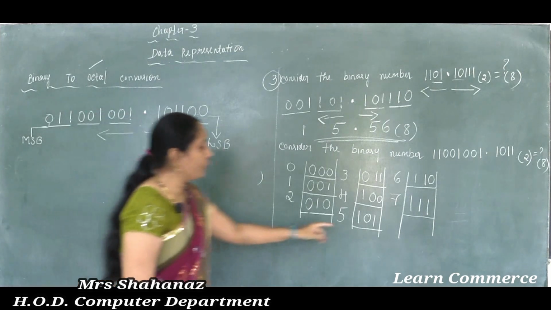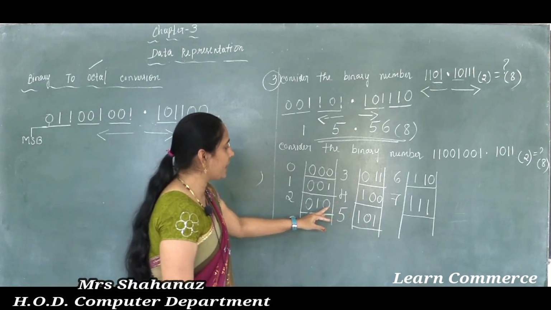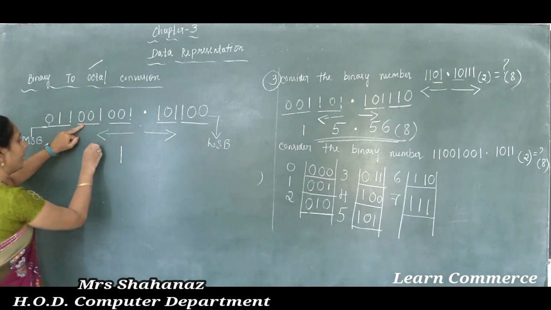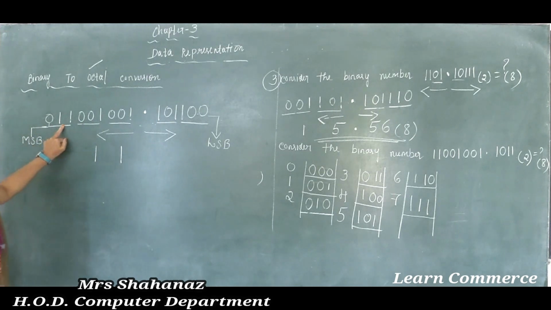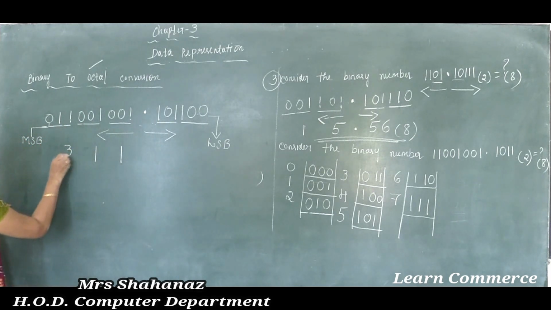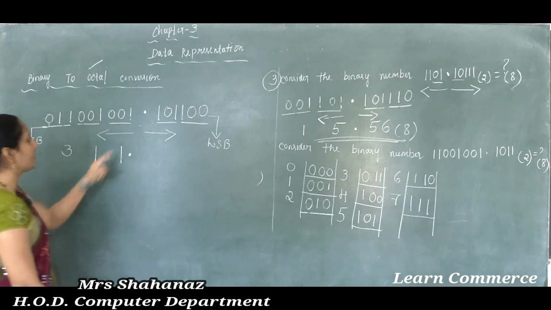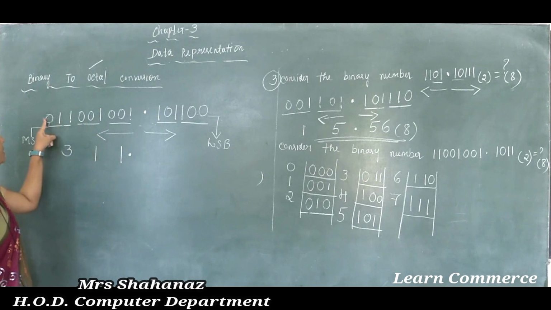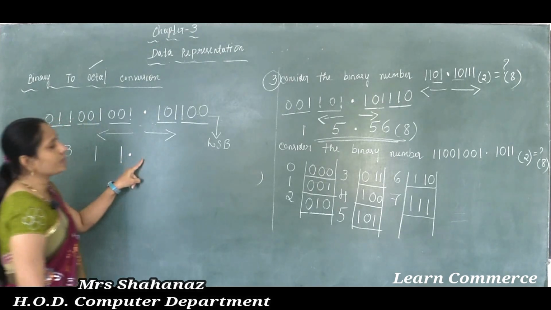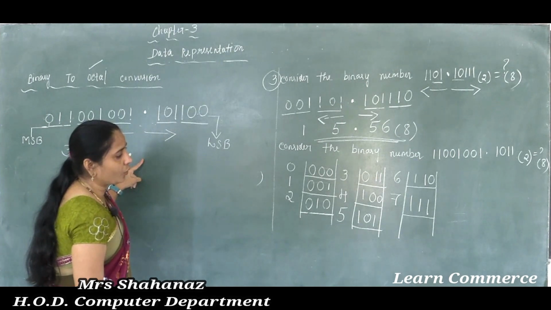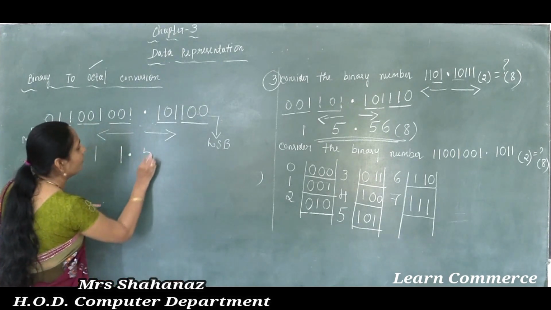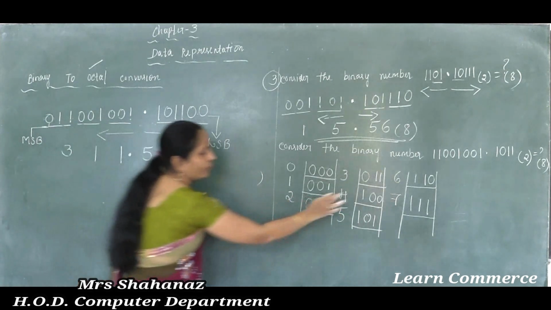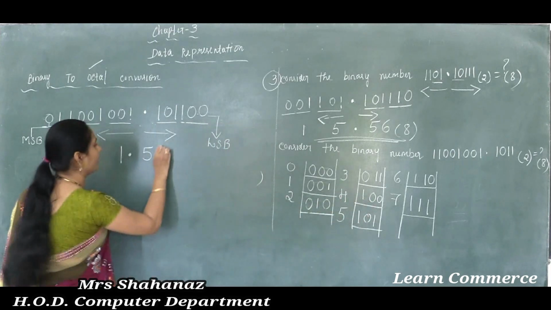100, so the 100 value in this case is 4. Okay, 011 again the value is 3. Clear this one, fractional point as it is. So 001 value is 1, 001 value is 1, 011 the value is 3, 101. Okay, so 101 the value is 5, correct? No, 101 the value is 5 and 100 the value is 4. Clear this one, the value is 4 here.